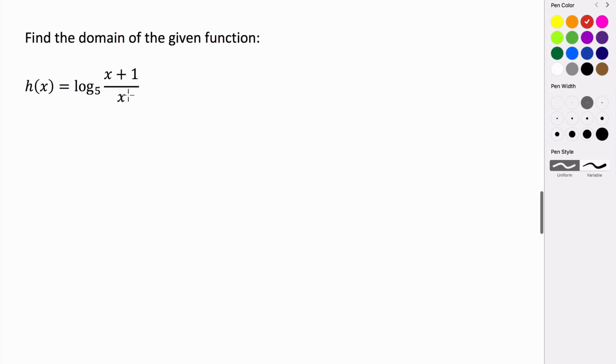So again, we know that the denominator here is not allowed to equal 0. And we want to figure out what makes the numerator 0, because that's going to be our x-intercept. So right off the bat, we know that x cannot equal 0. And then from the numerator, we have that x plus 1 equals 0. That's going to give us an x-intercept for the argument. So we get that x equals -1. So these are the two values that we're going to put on the number line, and we're going to test to determine whether our argument will be positive or negative